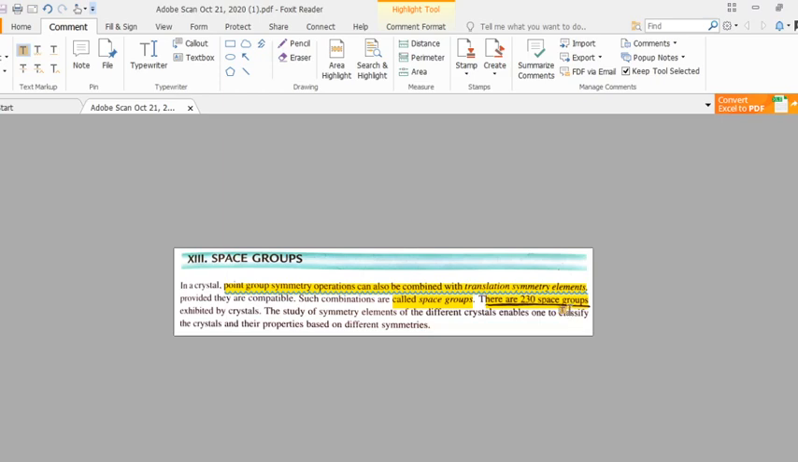That means in this universe, till the date of research in solid state physics, we may not have more than 230 varieties of crystalline setups or crystalline symmetries. Okay,